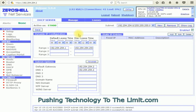So I don't have to go through it again, but you can always rewind and fast forward this video to sections that you need help with, and just replay it. So that's basically how you would get an IP address to go on a VLAN or your default network. So this network here is my default, so anybody that just connects to it would work,